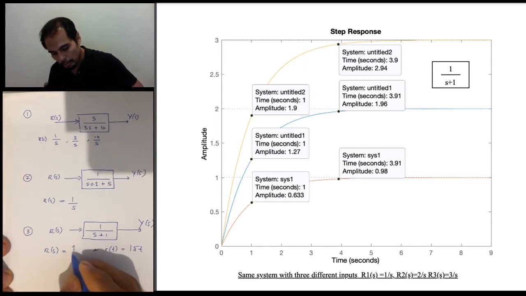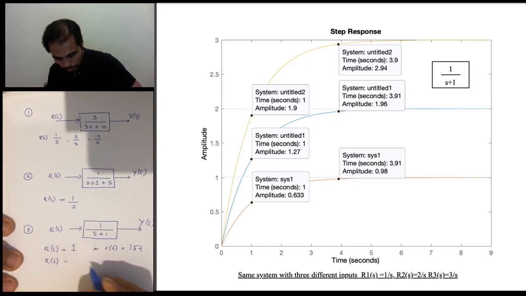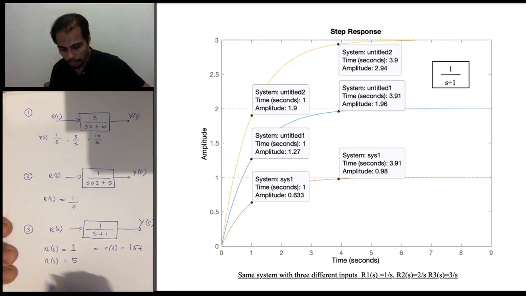So this is an impulse input, and then try the impulse input maybe 5. Okay,